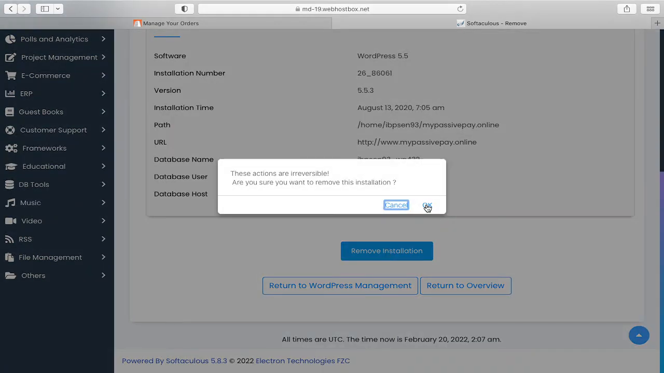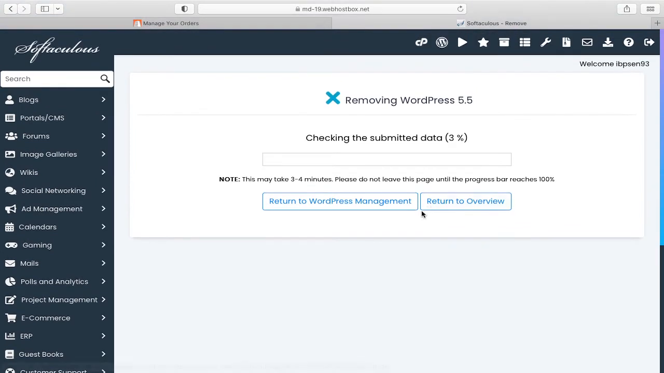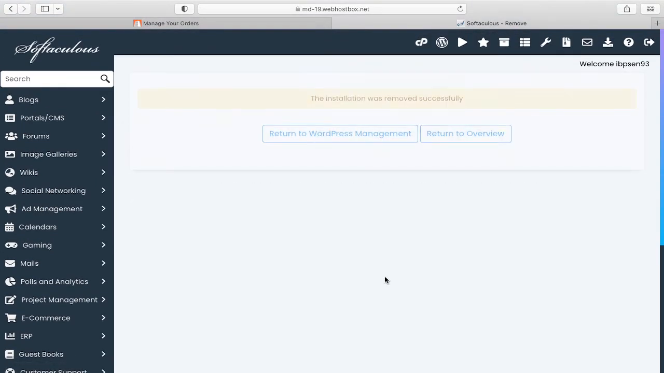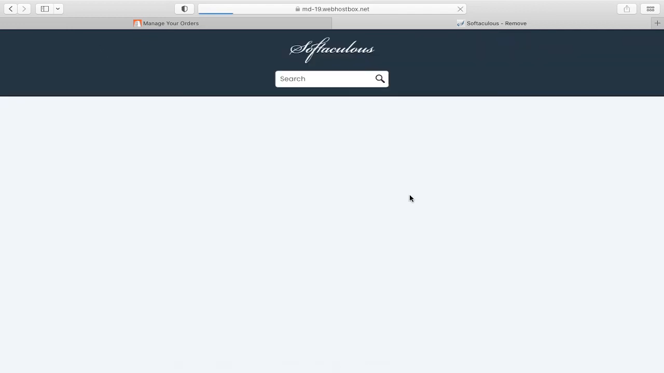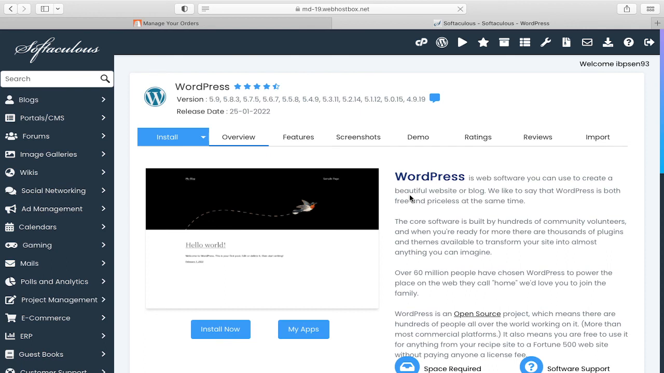These actions are irreversible and it will take just a few seconds, and as you can see, the installation was removed successfully. So this is one of the easiest ways to remove WordPress, to uninstall